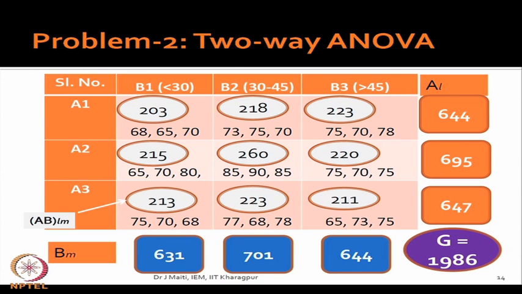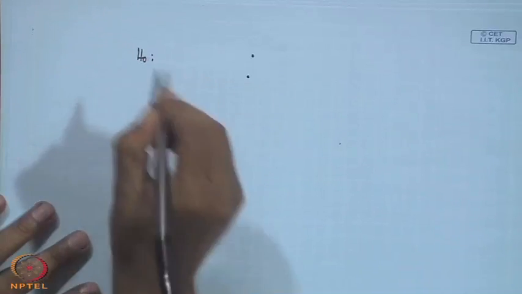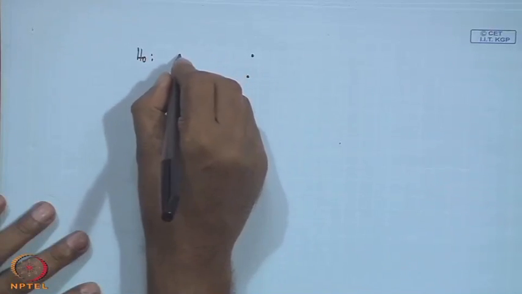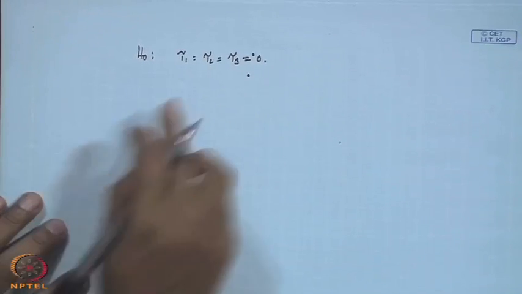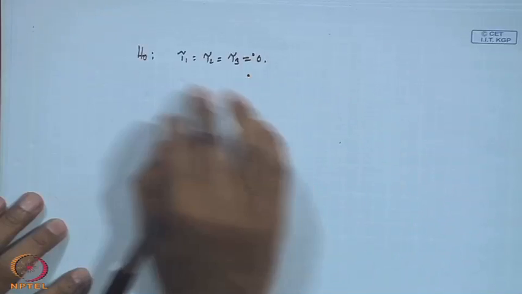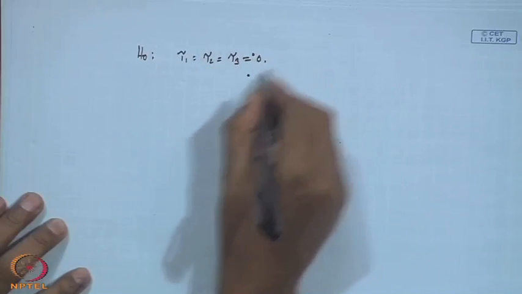What we want is to first see whether there is any effect of the departments, effect of the age groups, and interaction effects. So, we will go by hypothesis testing. What is your hypothesis here in this example? My hypothesis is that from the department's point of view, tau 1 equal to tau 2 equal to tau 3 equal to 0. I am not writing mu 1, mu and all those things. This is from the department point of view.